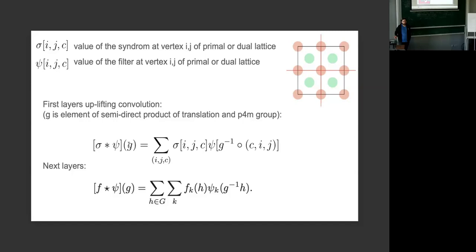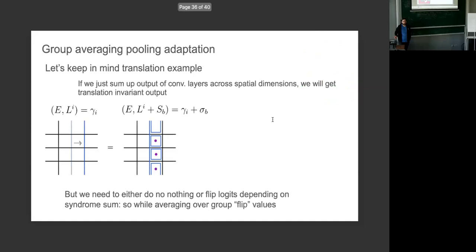For the later layers, you just say the filter is also acted on by rotation. With a discrete lattice it's very easy to rotate. Also, the final operation to conclude this is to say we need to somehow get 16 numbers,